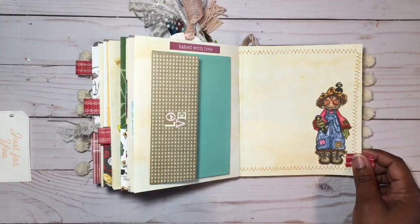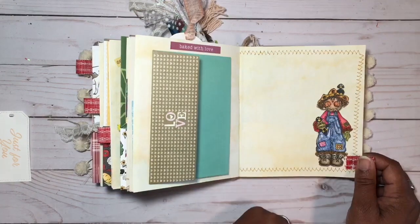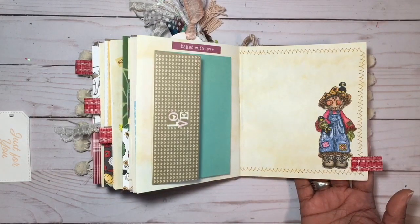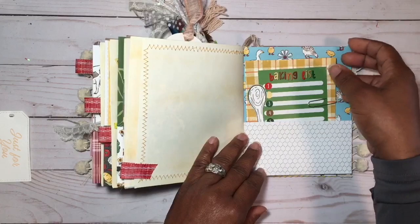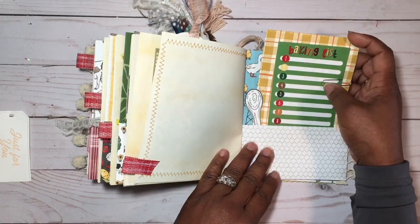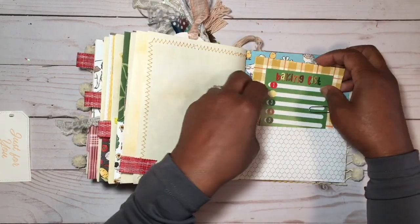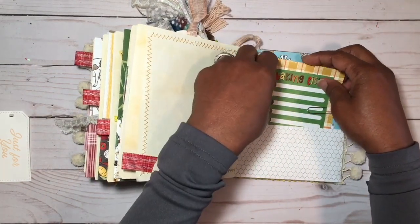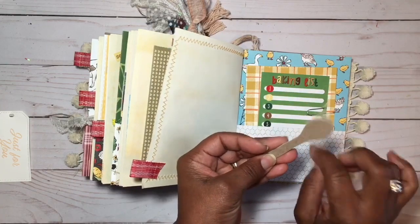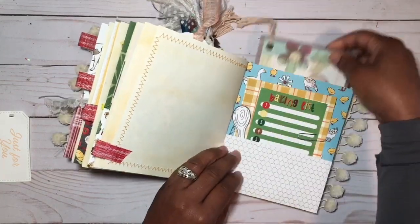I had a scarecrow that I colored up and didn't use, so I stuck it here. So I think it'll go with the theme with having corn fields. And I created another tab right there. So this is another double pocket that I created, and I had from the Color Play scrapbook, it had bacon lists. So I think that goes with that. So if she wants to add anything to that, I added an extra spoon that I cut out from my die set. I also use some cardboard paper that I use from cereal boxes to make that a little stronger. And here again is that tuck spot to the top